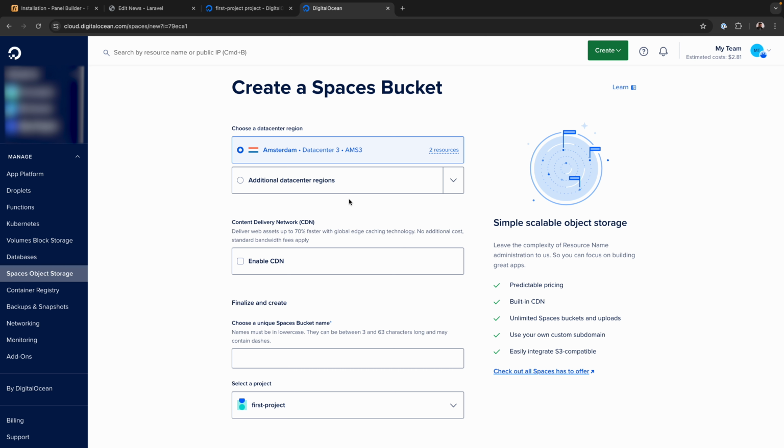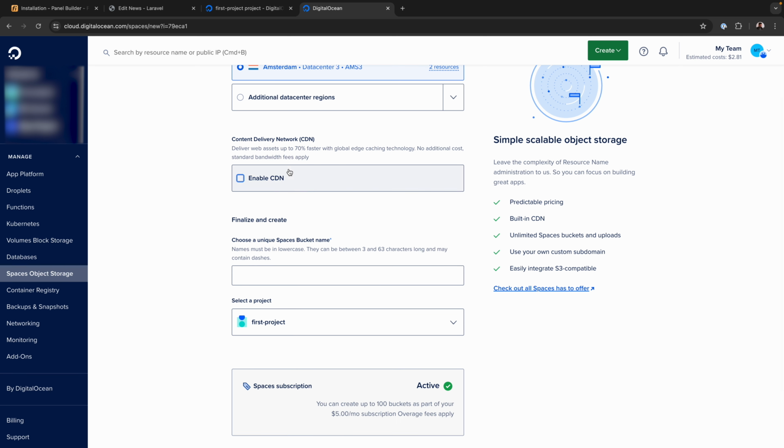I think by default it will find one in your region, but if you're using, let's say, a VPN, I'm pretty sure you have to double check this. Now I'm going to stick to Amsterdam, so let's continue on to step number 2, which is the Content Delivery